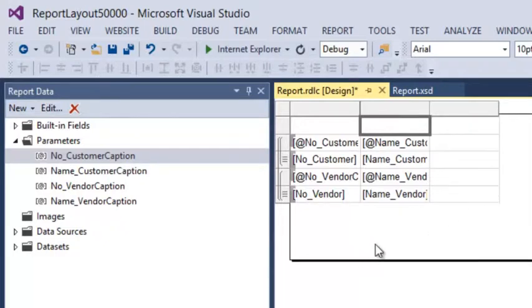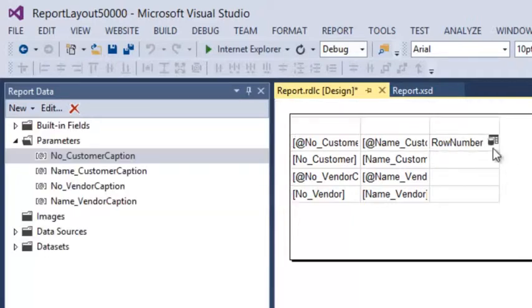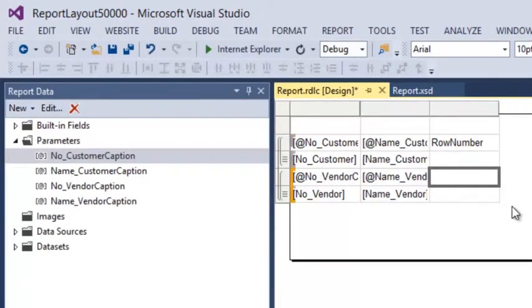So I've created the groups and what I need to have in the groups. Also, I would like to have my row number shown. So I'll put this in, and I'll just say row number. And I will copy this to here, so it's the same.